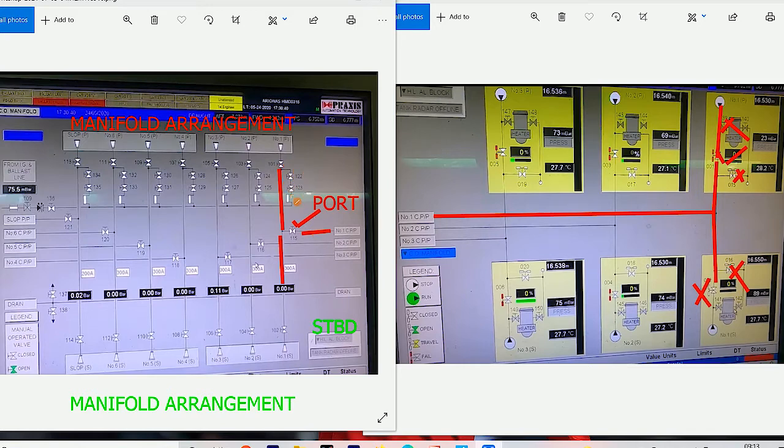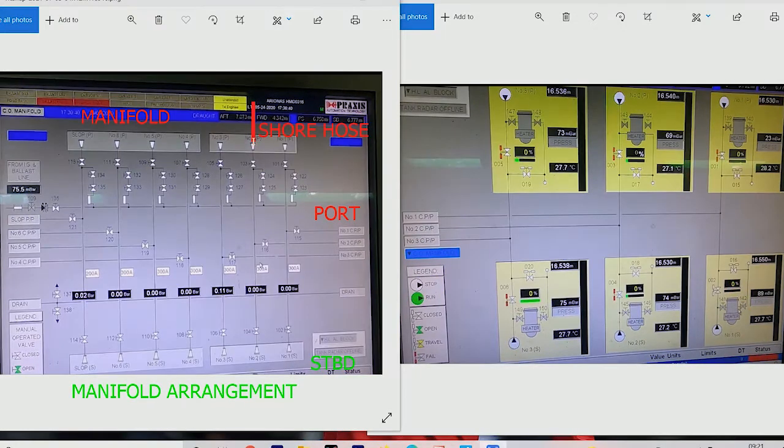Now we would do loading of 1 port. Let us say we are loading from here. What we will do is open this manifold valve, and the cargo will flow over here also. We will keep this manifold valve shut. The cargo will come over here. We will open this line master. The cargo will flow over here. We will open this drop valve and that's it. The cargo will flow inside the 1 port cargo tank. We will keep this discharge valve shut for 1 port. We will keep this discharge valve for 1 starboard shut, and this discharge valve shut, because the cargo will also